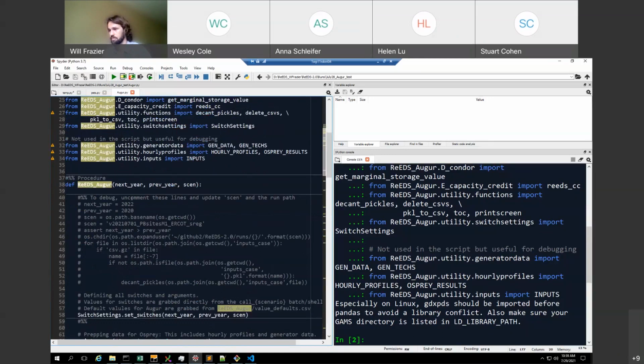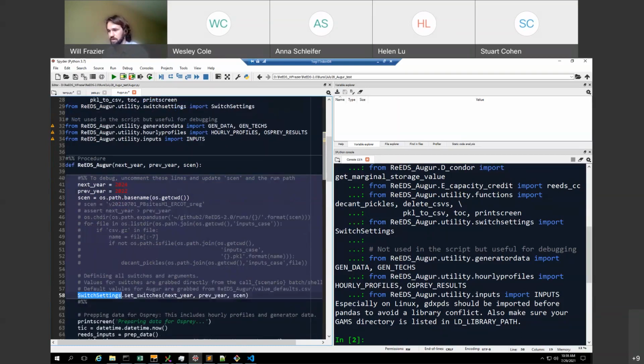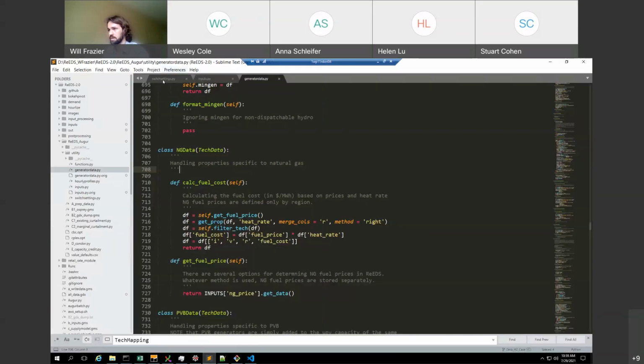So here there's a little note to debug, uncomment these lines, and update the scenario, as well as the run path. So I want to run Auger for my next year, which is 2024, and my previous year is going to be 2022. This is going to grab the base name from my working directory, which is the scenario name. And the first thing that's going to happen is we're going to call the set switches method from this switch settings class